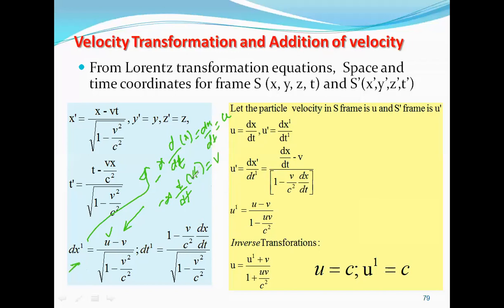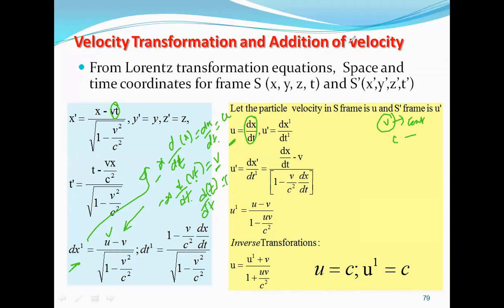Can anyone give the response? How did we get u? It's simply dx by dt is u. Okay. How did we get v? d by dt of vt, whatever vt is there, t is 1. When you differentiate t with respect to t, this is going to be 1, and v is there, so we are getting a constant. Is it clear? So u minus v, by root, the denominator term should be the same, because we are saying that c and v are constants here. So this part is clear.